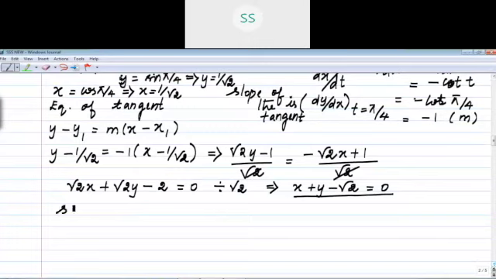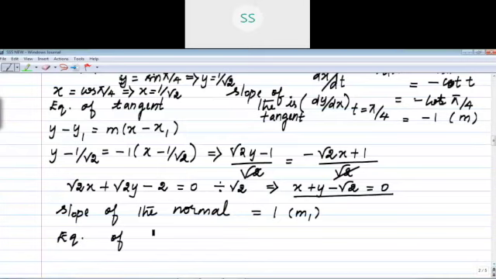What is the slope you want to find, right? Slope of the normal. What I told you, again I am repeating: you write the reciprocal of the slope of the tangent with opposite sign. So what is it? Minus 1 divided by minus 1. You get it as plus 1. Slope of the normal is 1. That is your m1.